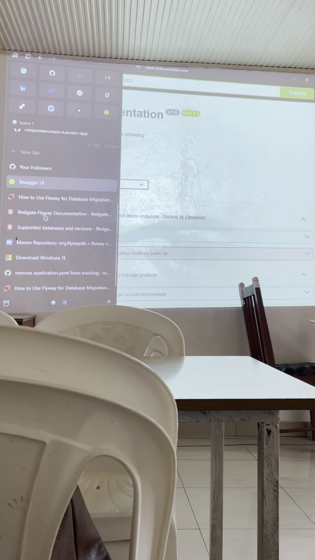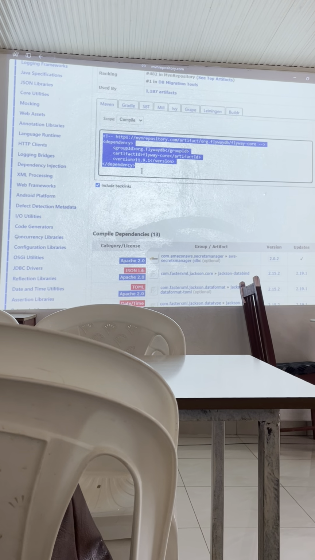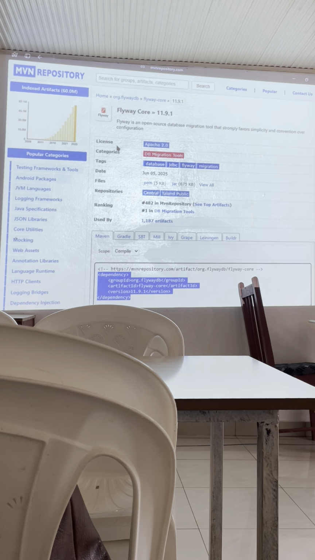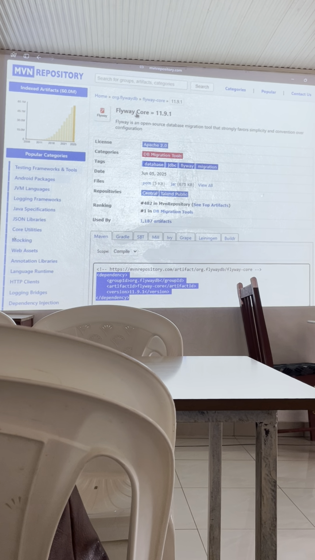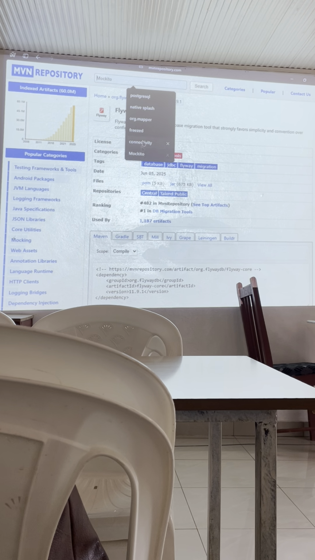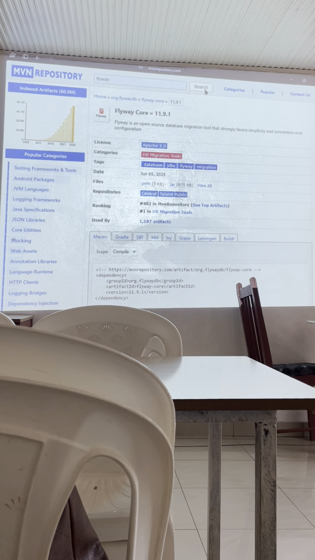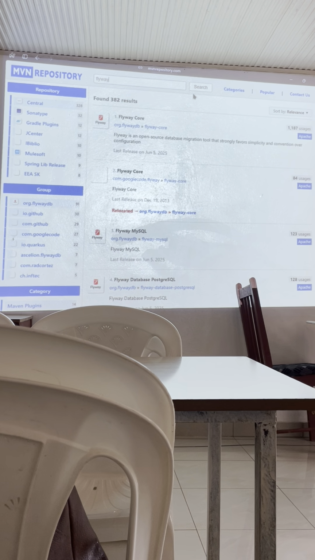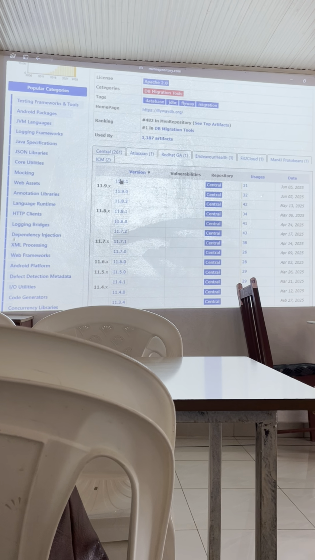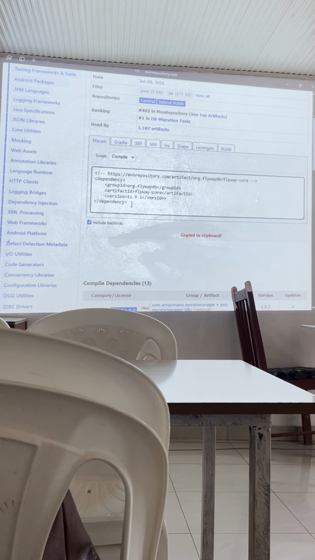you need to put this first dependency here. Which column? Flyway. You will search Flyway in here, and then select the first one, the latest version. And then we're going to add